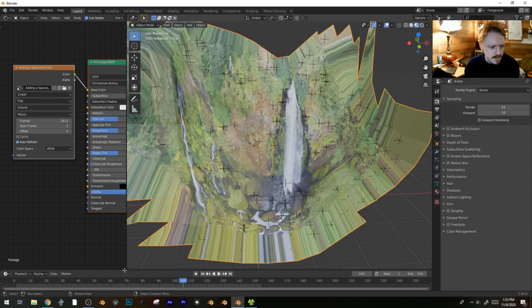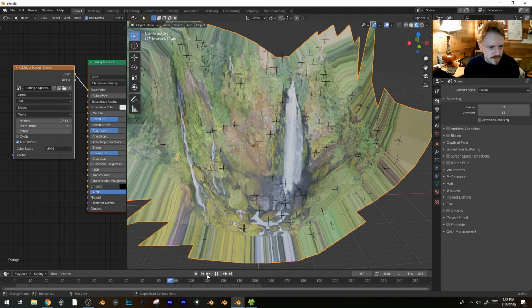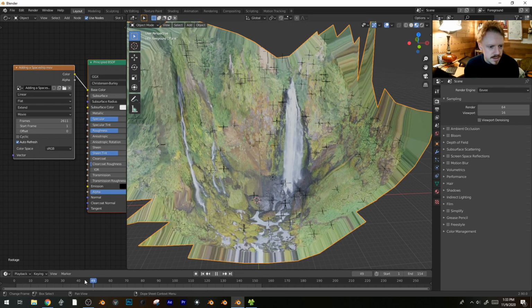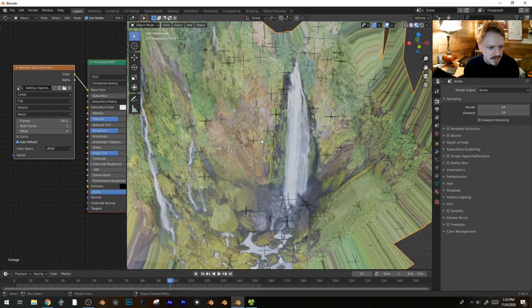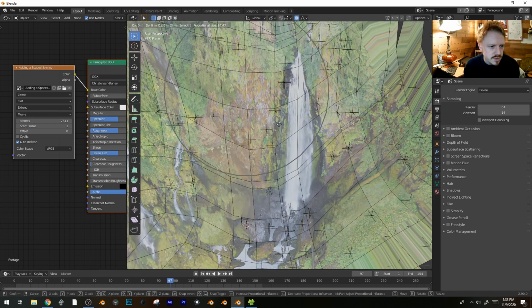Okay, let's see, is that looking better? Just scrub through and alright, the tree branches are a little bit loose. But at least the rock wall here is working pretty good. Do I have any more points I could